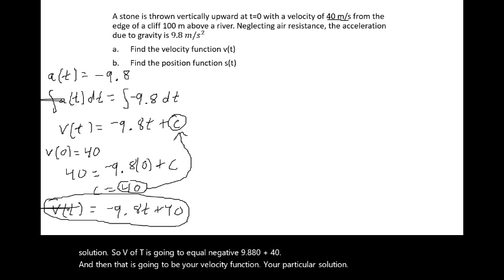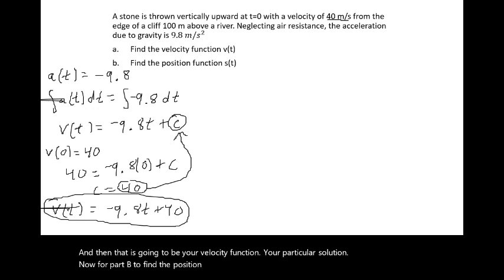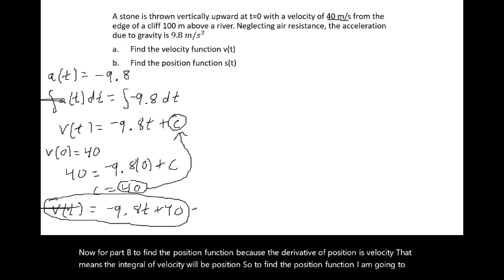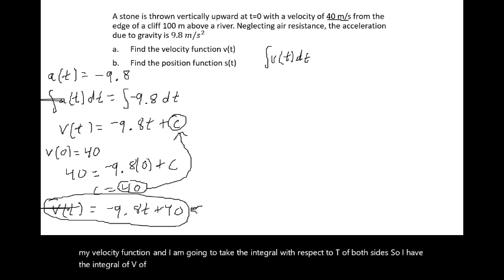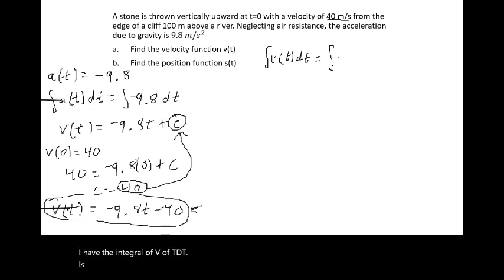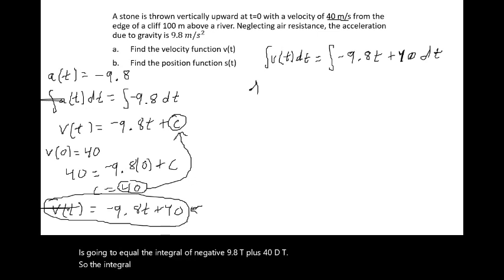Now for part B, to find the position function, because the derivative of position is velocity, that means the integral of velocity will be position. So to find the position function, I am going to take my velocity function, and I am going to take the integral with respect to t of both sides. So I have the integral of v of t dt is going to equal the integral of negative 9.8t plus 40 dt. So the integral of velocity, that is called position, s of t,